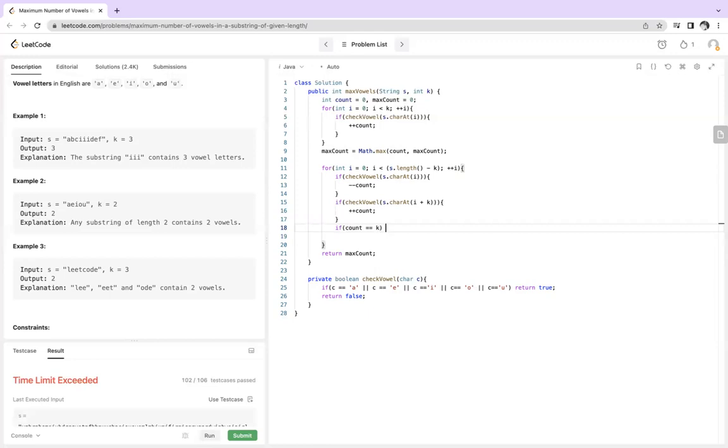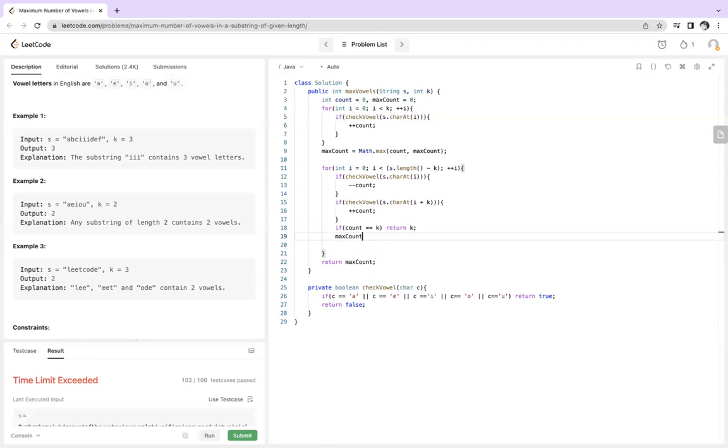If count is equal to k, then we are returning k itself. Otherwise, we'll be updating max count is equal to Math.max of count, like this. And then if we run this,